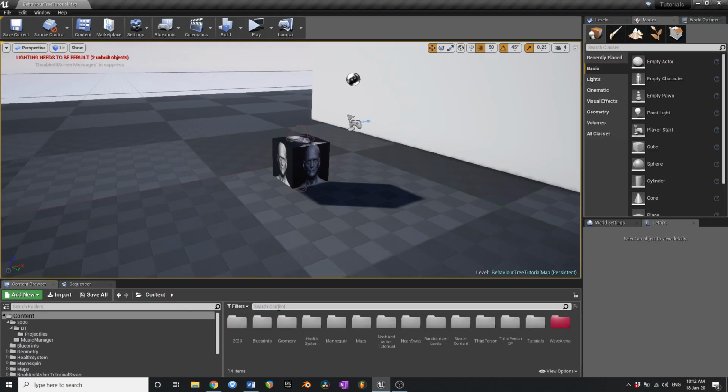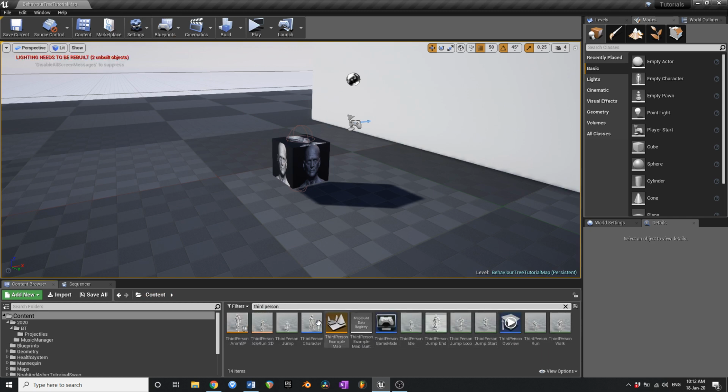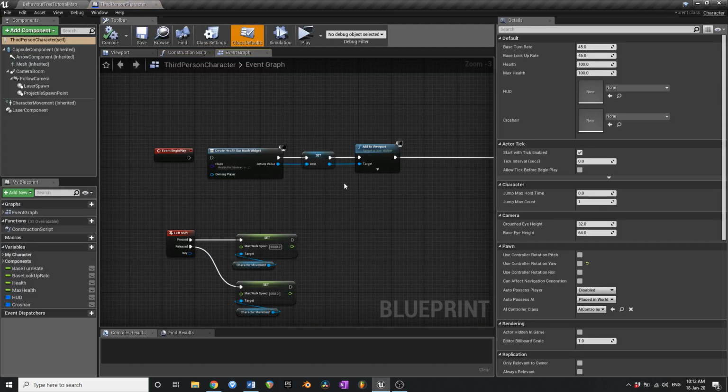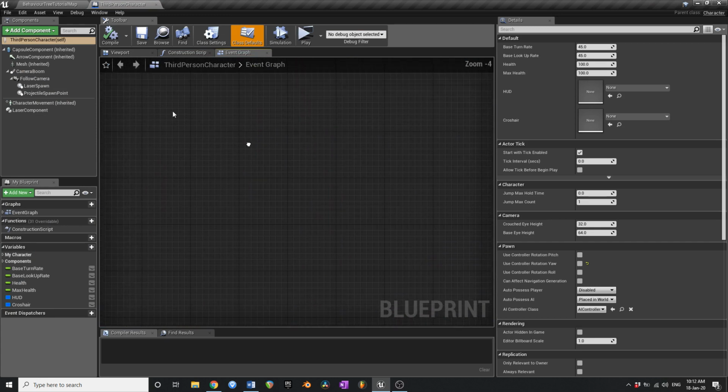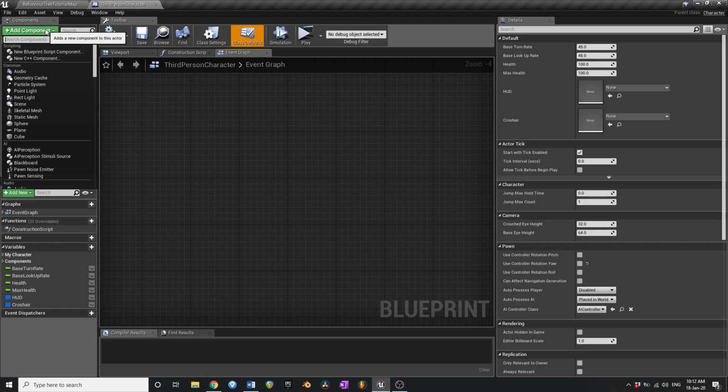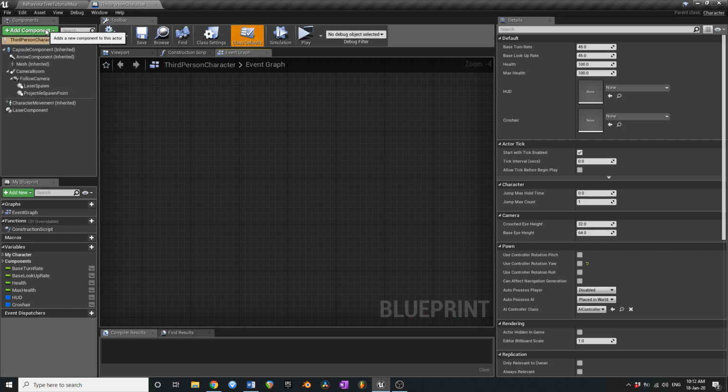And what's the player that I'm using? I'm assuming it's the third person character. I've got a bunch of stuff in here from previous tutorials, by the way, so don't be distracted by any of that. So if we go add component and we say projectile launching component,